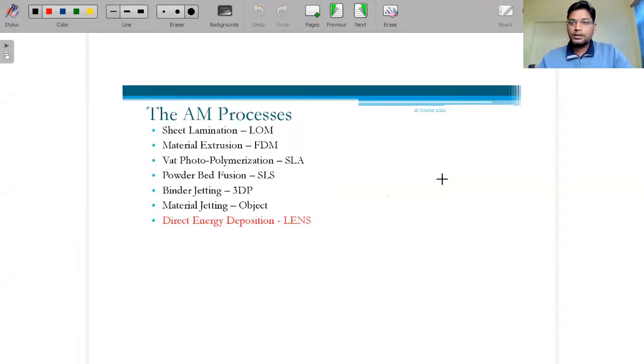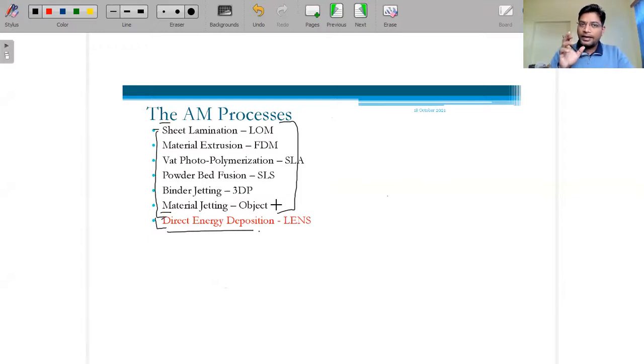The last one is direct energy deposition. This technique, DED, is different from the other sheet metal operations. The other materials are applicable only for liquid, powder, and solid, within a range where the melting point is below 300 or 400 degrees centigrade only. But here we are talking about metals. From these techniques the idea came into existence: why can we not go for 3D printing of metals?